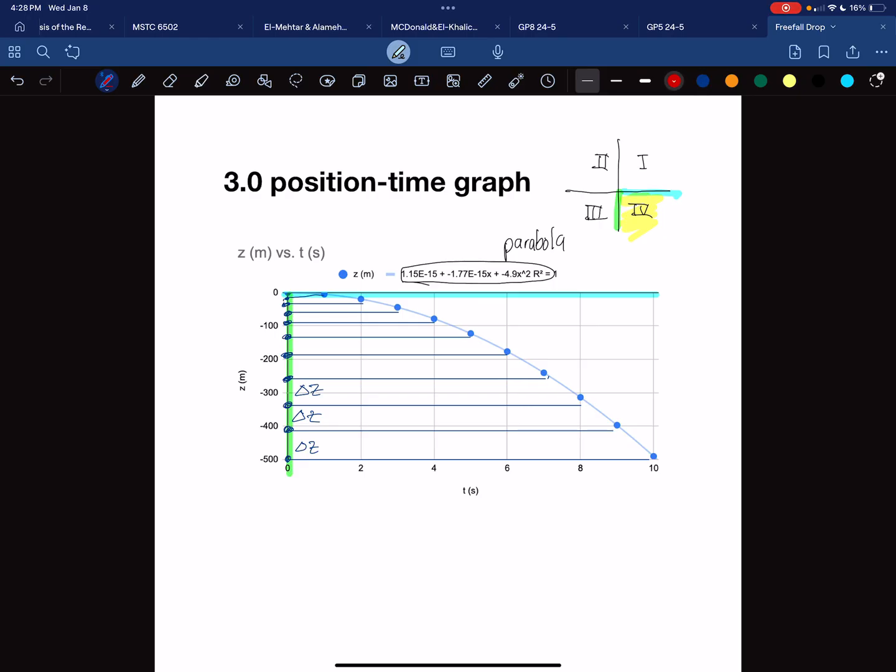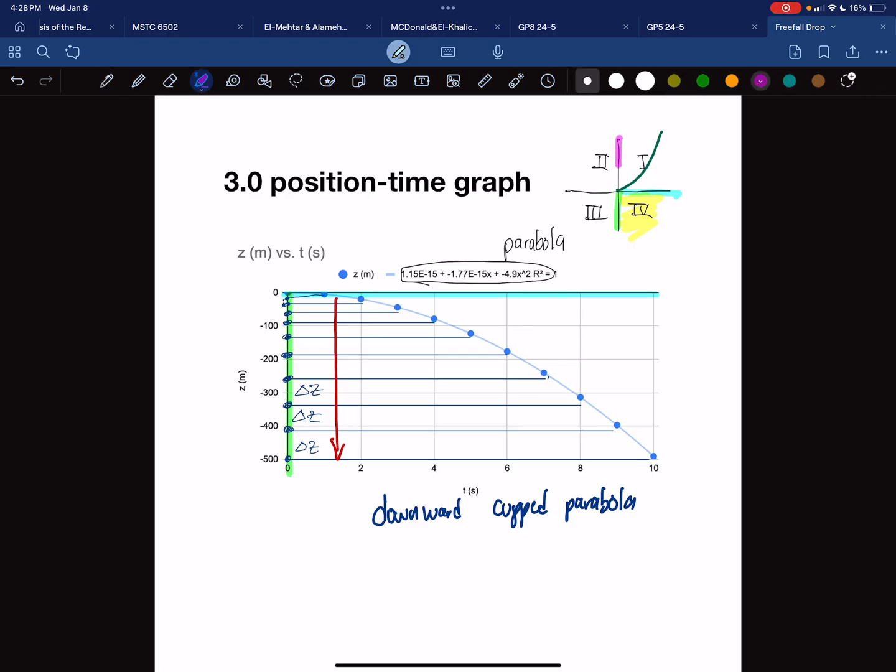We can see that as the object falls downward, the delta z's are getting larger. And that ends up producing a parabola shape. Now, when we describe this shape, we call it a downward cupped parabola. Because up until now, we've seen the parabola of an accelerated object looking like this,